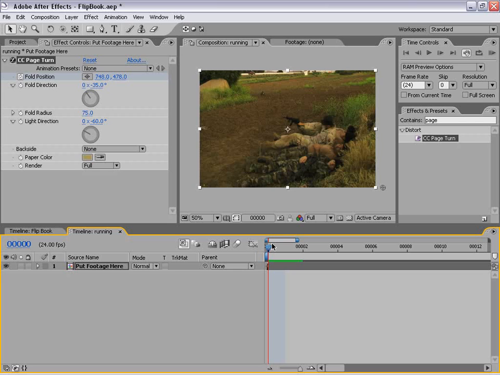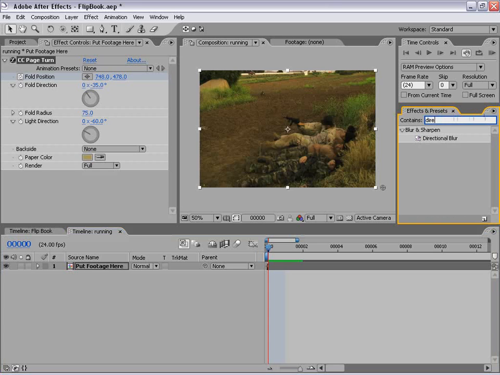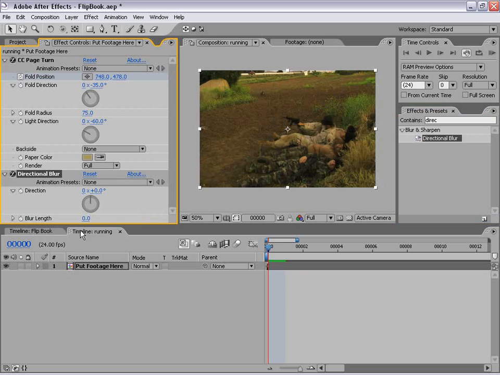Because the page turn effect doesn't use the motion blur of the layer, we just kind of need to cheat that a little bit so that when it folds off it looks like it's going fast and smoother. So we're going to go to the effects presets here, and we're going to type in directional blur, and we're going to take this, drag it back out, and we're going to set the blur